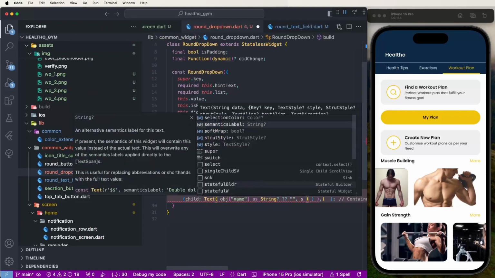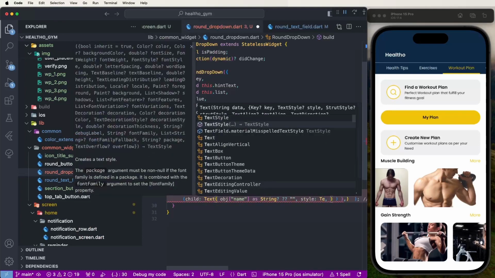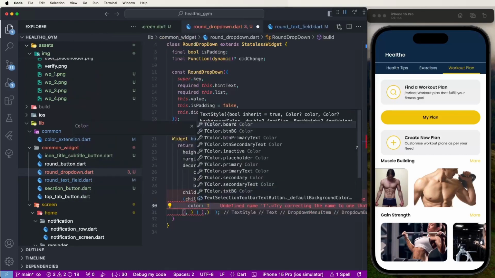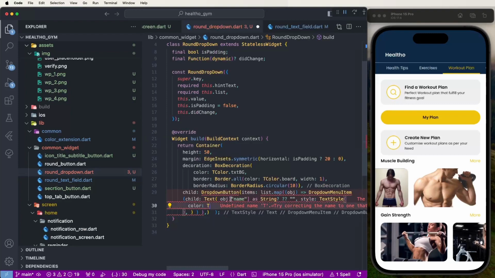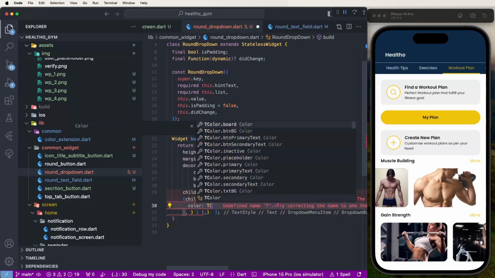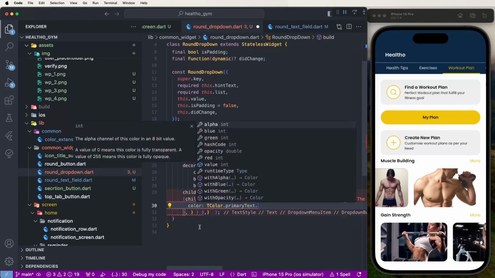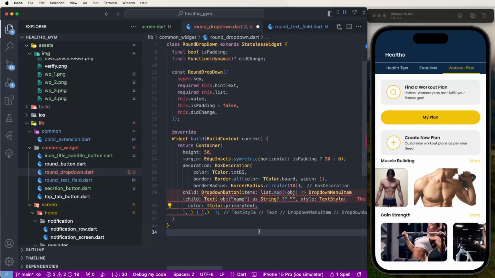Now we need to set the styles, text styles, set the color, app color primary text, like this. And also we need to configure the value